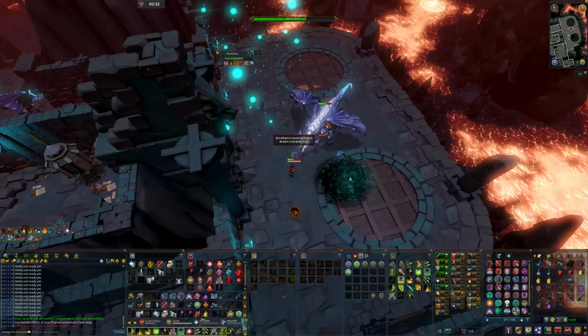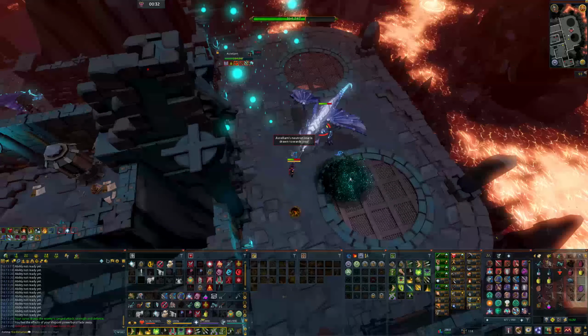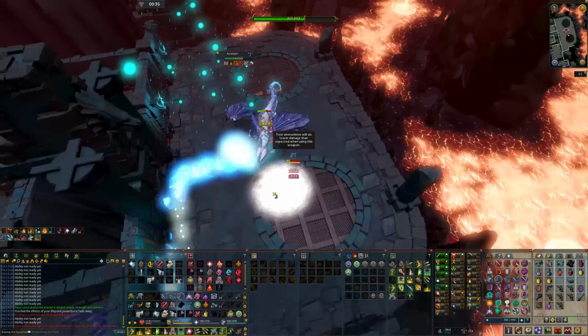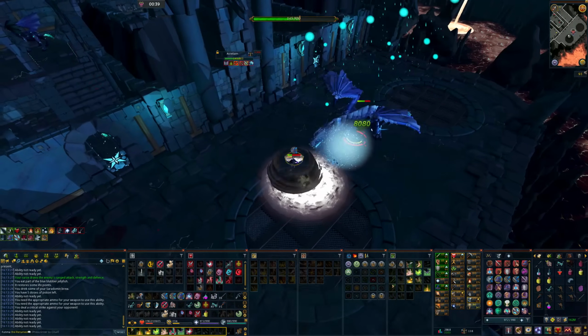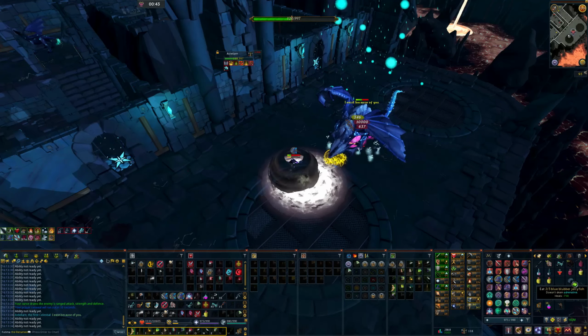Not long after, Astellarn will spawn a neutron star which looks just like a pulsar basically, but this time don't attack it, keep away from it because it will explode for massive damage if it hits you. Instead, lure the neutron star towards the wormhole, and once you do it correctly, it will turn white and give you increased damage against Astellarn once standing in it. At this point, you want to use your ultimate ability, so Berserk, Sunshine, Death Swiftness, and so on, to take